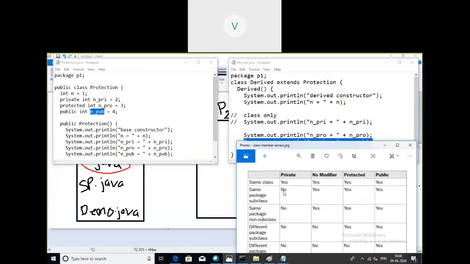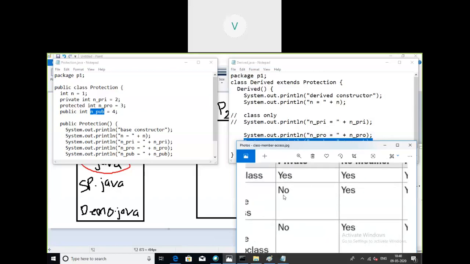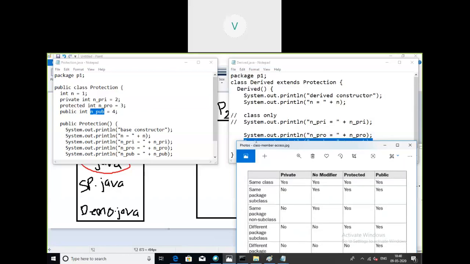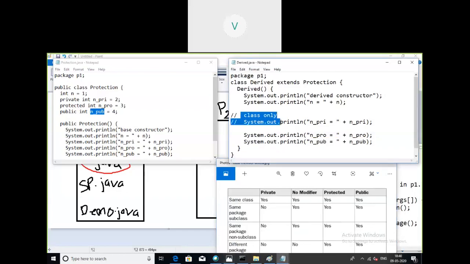For the same package subclass, other than private, all are accessible. You are not allowed to access the private member, but we are allowed to access all others. Default member is allowed to access, protected member can be accessed, and public member can also be accessed.